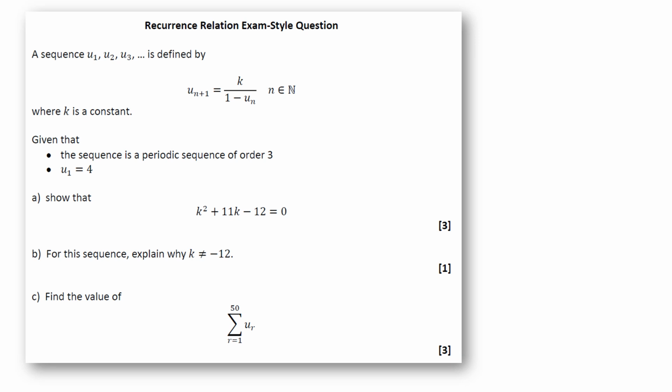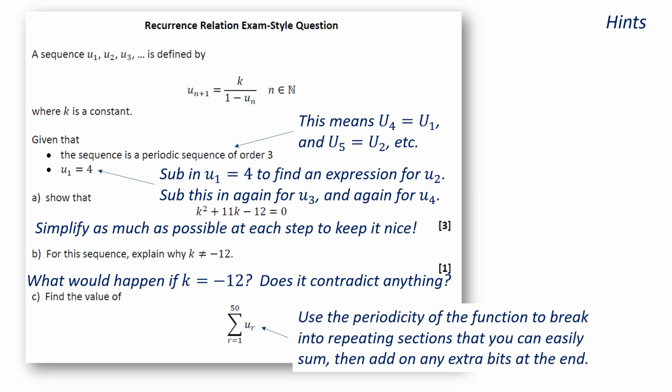Okay, let's have a look at a few hints. First of all, you're told that the sequence is defined as u(n+1) is equal to k over 1 minus u(n), which means if you know one of the terms, then you'll be doing something divided by 1 minus whichever term you're on in order to calculate the next term. What they haven't done is give you the constant k that should be on top of the fraction. So you know there is some number, we just don't know what it is,